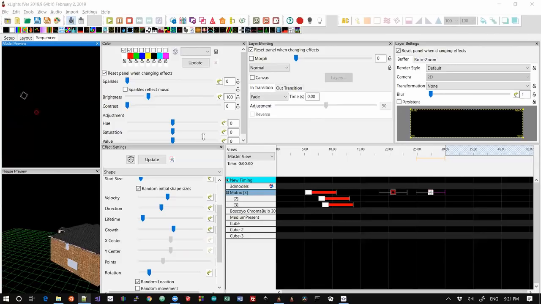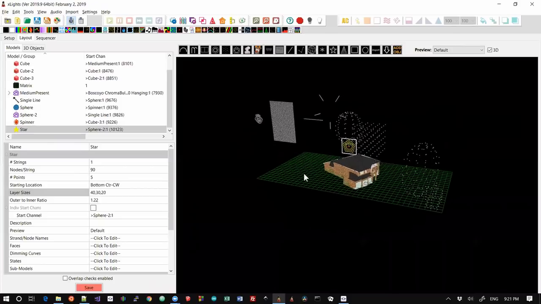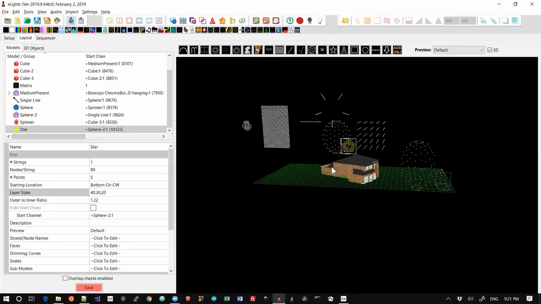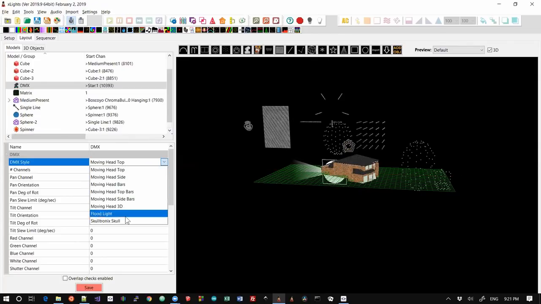There were some changes from Dan in the way in which solids were drawn along with the meshes and the lights, and I believe he did this primarily, and I don't know if this is going to be the best way to show it. If I make this a floodlight,